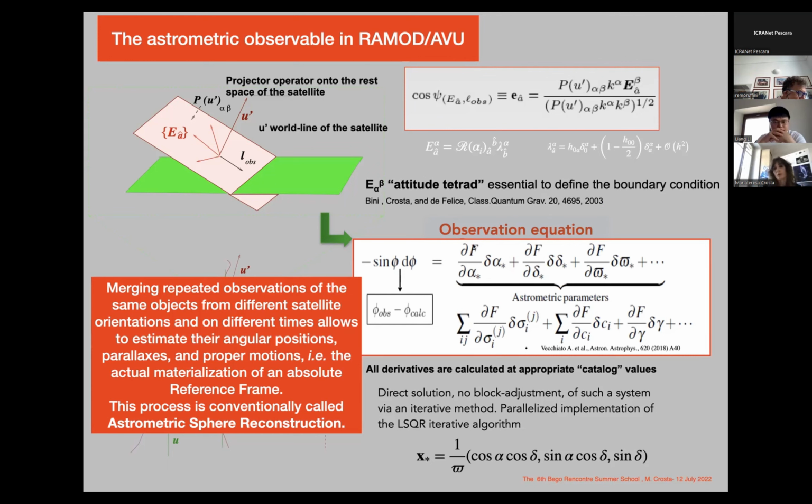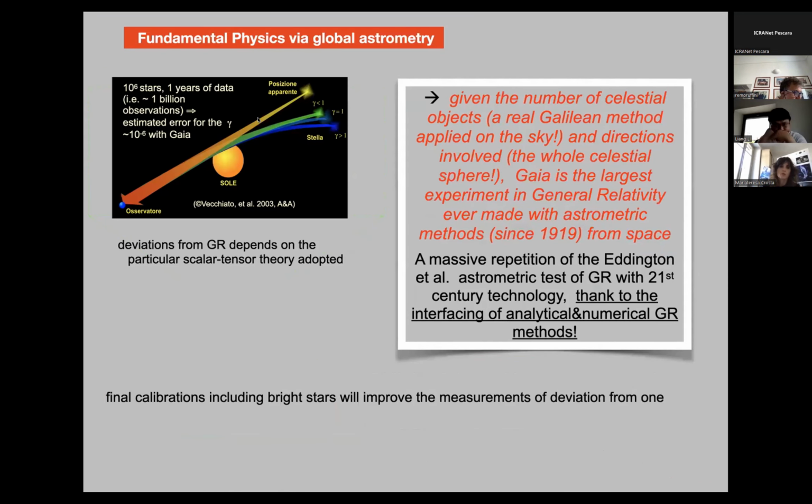We can model this function f, which contains our relativistic model, which depends on the astrometric parameters, and also on other unknowns. Of course, this equation is constrained not only by astrometric parameters, but also by instrument modeling, the error budget, and so on. So in this huge system of equations that we solve in an iterative method, there is also the gamma parameter that, of course, I do not have to explain to this